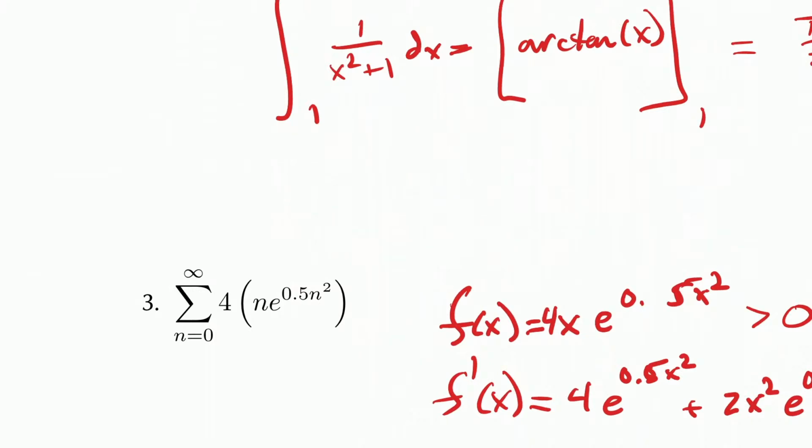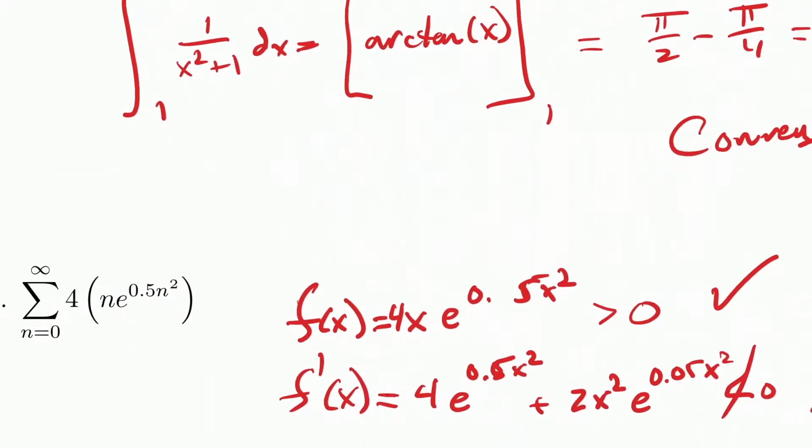I guess as long as n is bigger than 0, because at n equals 0 you get 0. And then the derivative turns out to be non-negative. So technically, I'm not allowed to use the integral test. However, I told you verbally that everything was good. So technically, I would have to stop here and use some other method. But